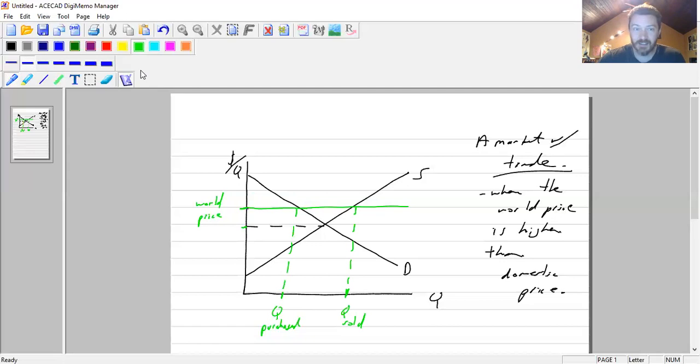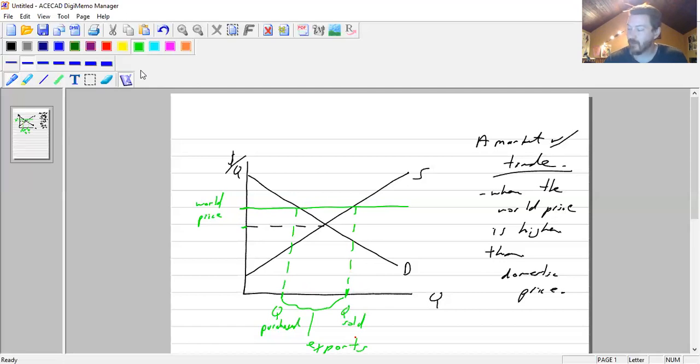Anyway, the world price is the only relevant price. There's the quantity that people buy. There's the quantity that people in that country sell on the global marketplace. And what's the difference? Here's a question for you. Don't look at your notes. Don't look at your book. What's the difference here? The difference is, of course, exports,